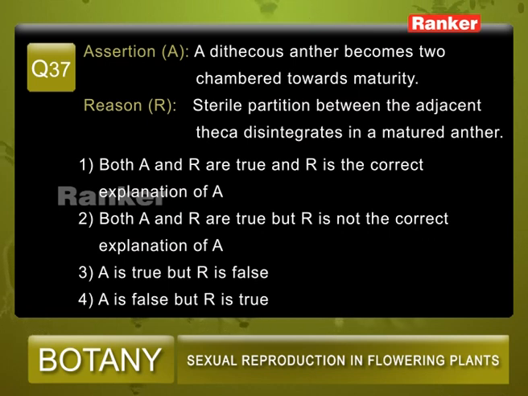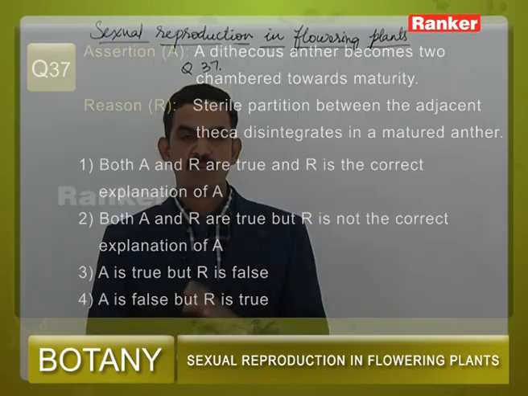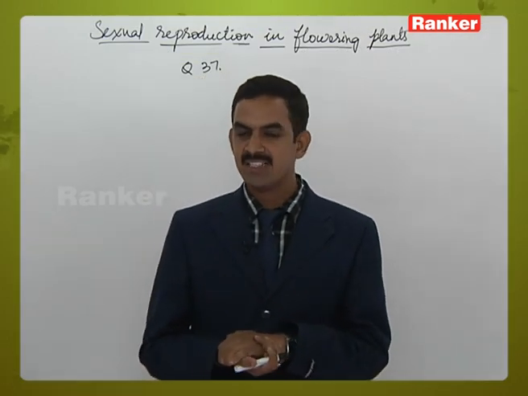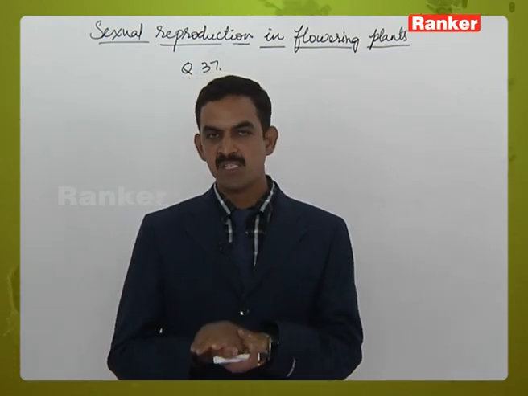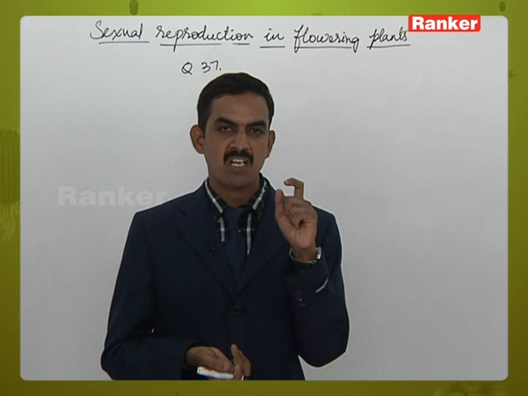Reason: the sterile partition between the adjacent theca disintegrates in a matured anther. Let's come to that first point. Here in ditheca anthers will become two chambers at maturity. We know that thin walled large size cells